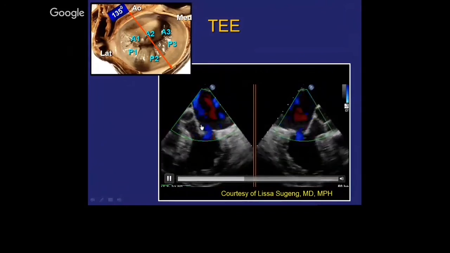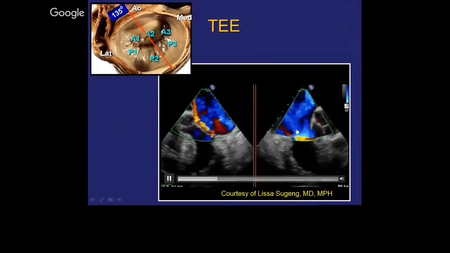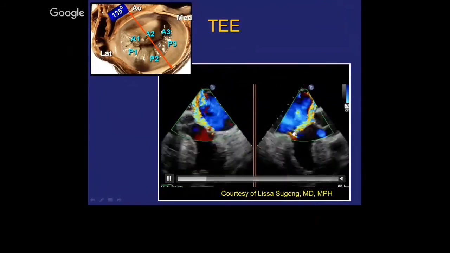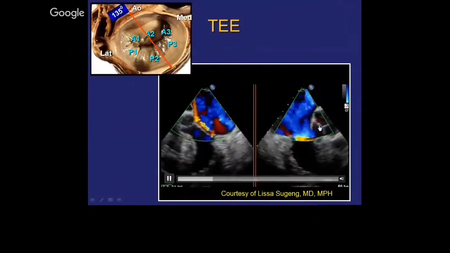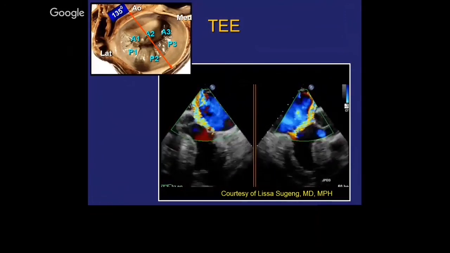This is the A2 scallop. The jet is going like this. So that suggests that there is P2 prolapse, which is confirmed when you do, so this is a biplane view. You can see the jet is going anteriorly, and this is your P2 prolapse there. And you can see the LVOT right here. So this is a very good view. If you have any questions about A2 or P2, that is what we